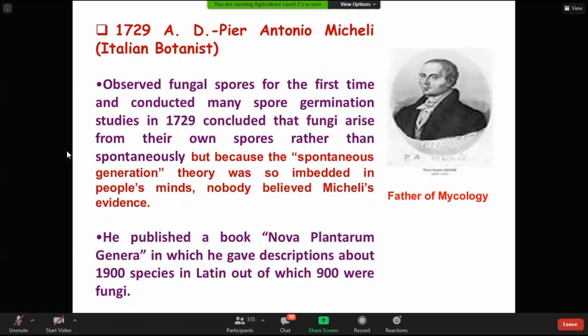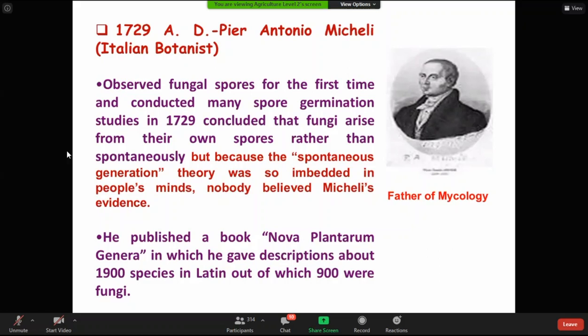ইটালিয়ান বটানিস্ট। সে কি করলো? Observed fungal spore for the first time and conducted many spore germination. সে ফাঙ্গাসের স্পোর অবজার্ভ করলো এবং দেখলো যে যদি মিডিয়া বা খাবার দেওয়া হয় তাহলে ফাঙ্গাসের স্পোর জার্মিনেট করে। সেটা স্টাডি করলো এবং দেখলো যে ফাঞ্জাই অ্যারাইজ ফ্রম দেয়ার ওন স্পোর, কোনো অন্য কিছু থেকে আসে না বা এমনিতে হয় না, তার স্পোর থেকেই ফাঙ্গাস তৈরি হয়। But you see, the spontaneous generation theory